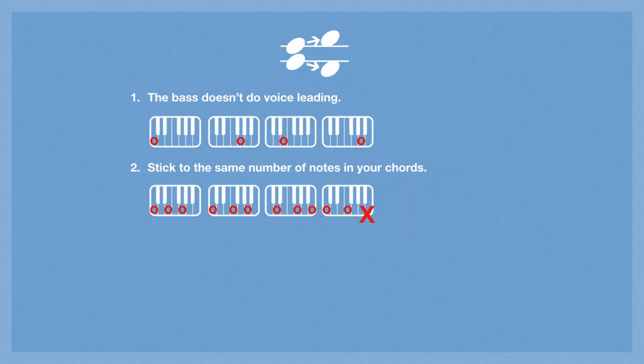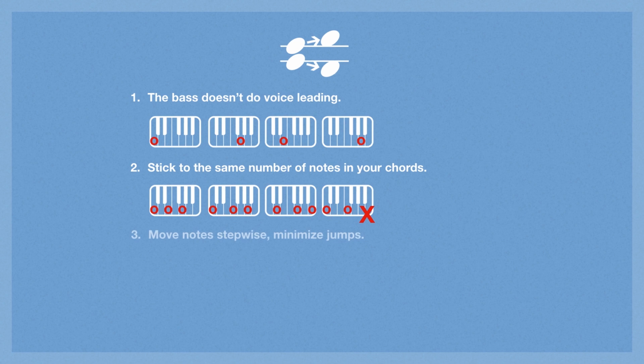So if this is something you're doing, if you're an electronic producer, for example, although I'll say something about that a little bit later as well, or you're a pop producer and you're mainly working in a DAW and just moving boxes around, I would suggest think a little bit more about this. Try to have the same amount of notes per chord.